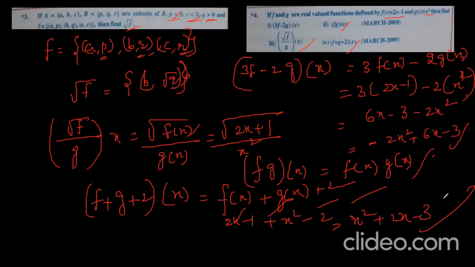Plus 2, no? Sorry, plus 2 minus 1 is minus 1. So x square plus 2x, x square 2x minus 1. X square plus 2x, is it plus 1 or minus 1? Plus 2 plus 1, sorry. X square plus 2x plus 1 means I can write this as x plus 1 whole square. So this is our answer. Got it? Very good. Let us observe the next question.